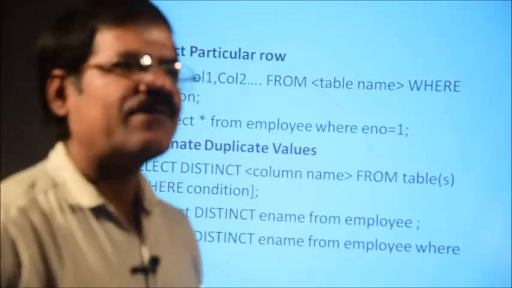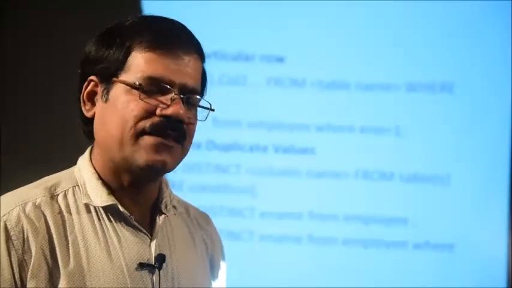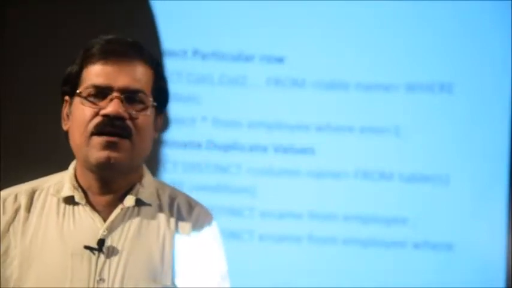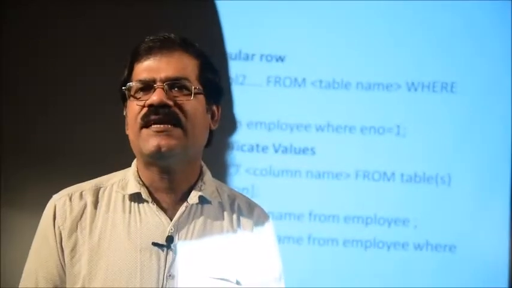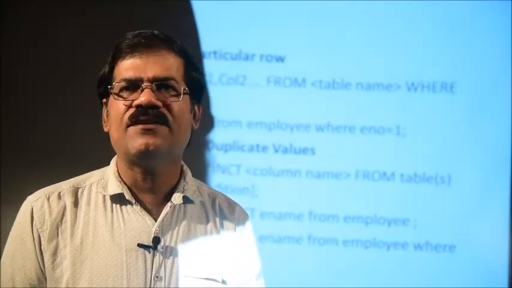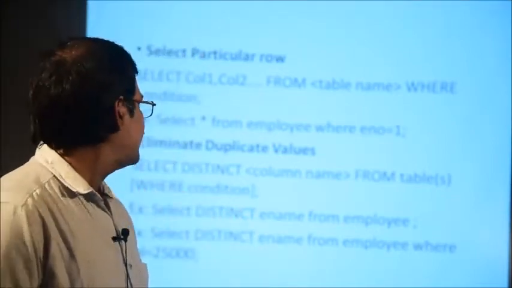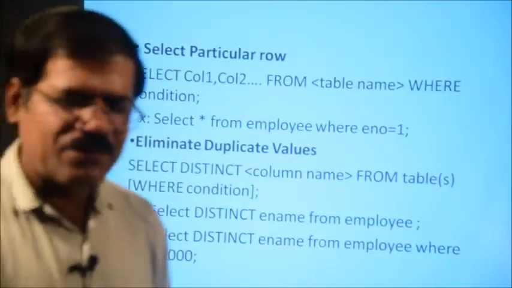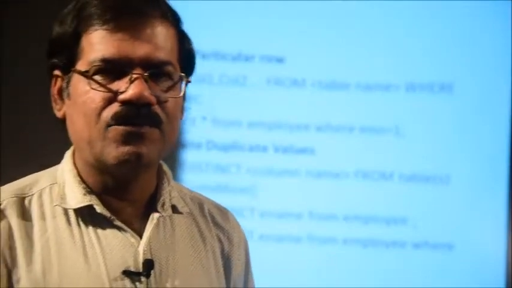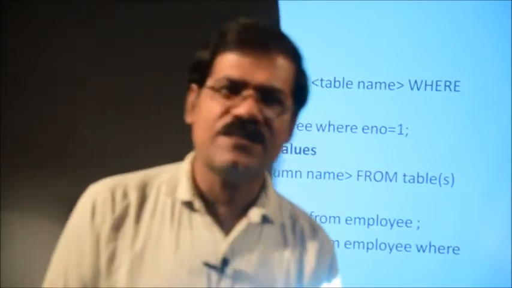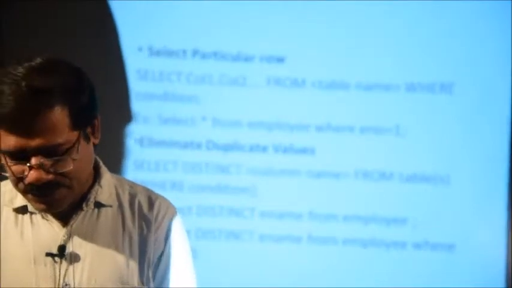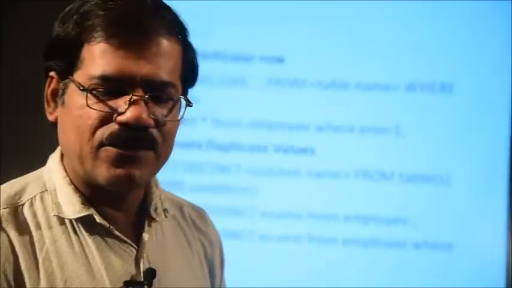That means all the employee names will be selected from the table and displayed on your screen with duplication. Suppose employee number 1, the name is Ram, employee number 5 may be the same name, Ram. So multiple employees have the same name, but if you do not write distinct, the duplication will be selected. Employee number 1 is Ram, employee number 5 is Ram, roll number 1 is Syam, roll number 15 is also Syam maybe. So the duplicate values will be displayed.